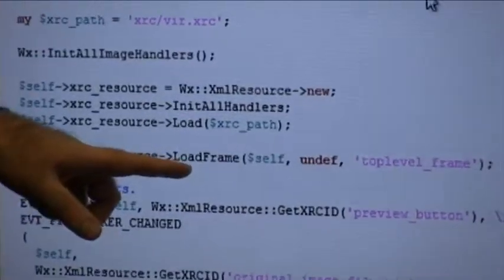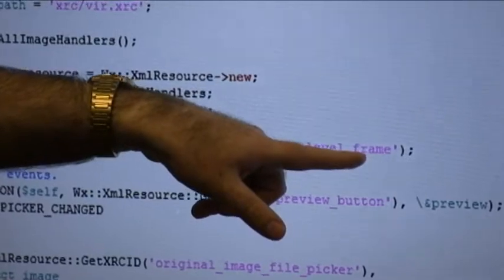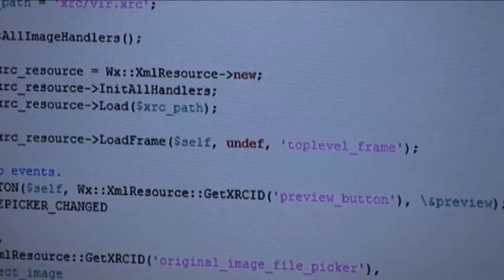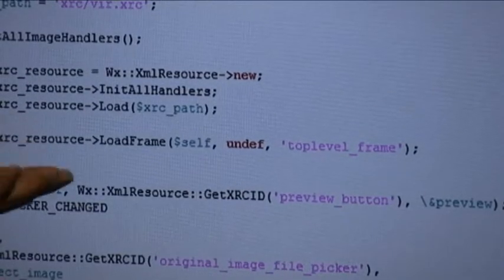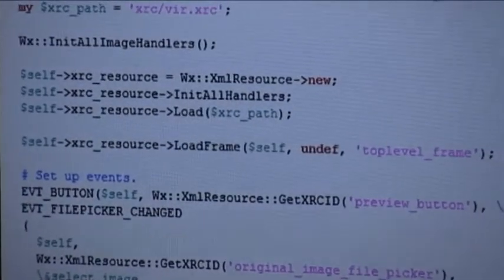Then from there, I tell it to load the frame, and I have to tell it which one. I just named it top level frame because that's what it seems like they call it in WX land, so I wasn't very creative there. Okay, the next section,